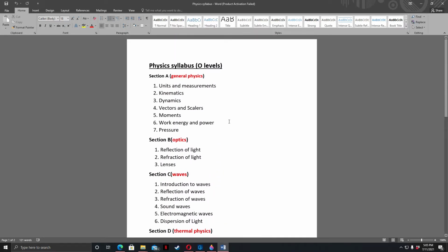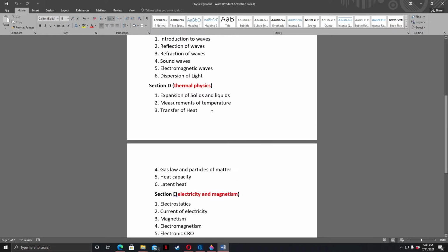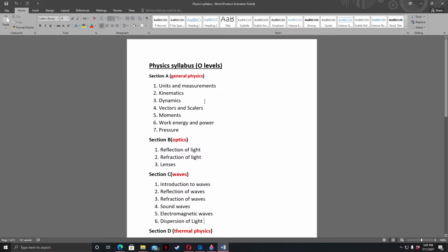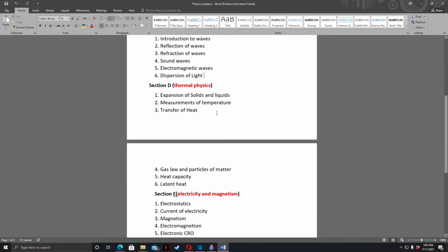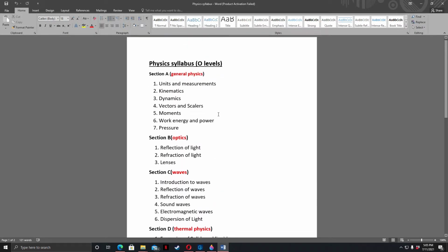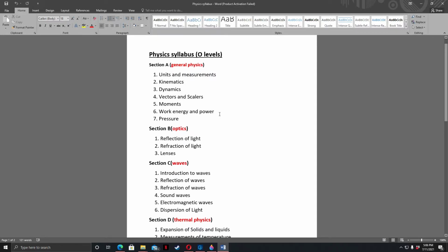chapters here, starting with general physics, optics, waves, thermal physics, and electricity and magnetics. We're going to start with units and measurements, and then cover kinematics and dynamics and so on. As you can see, there are a total of 28 chapters, and this is basically a general overview, and after this there are still some extra topics that need to be touched for the IGCSE and